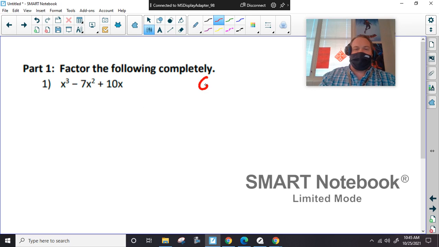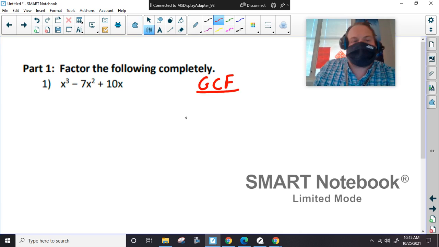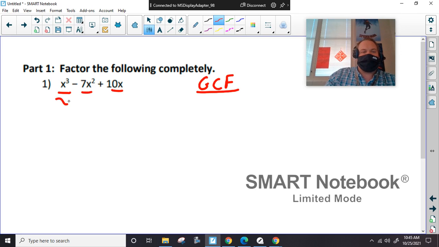So for part one, factoring completely, I haven't really decided how I'm going to do the point system on this yet or not, but we will see. All right, we always want to look for the GCF. Well, I totally misspelled GCF. Now, if we look at it, what is one thing that all three of these have in common? An X. So if we divide that out,